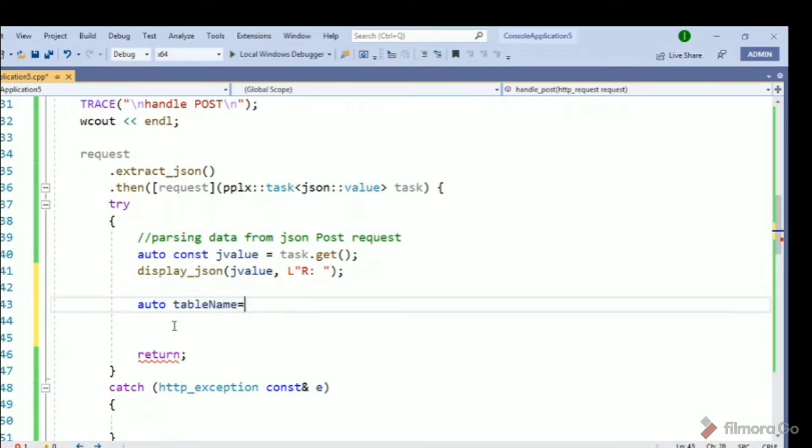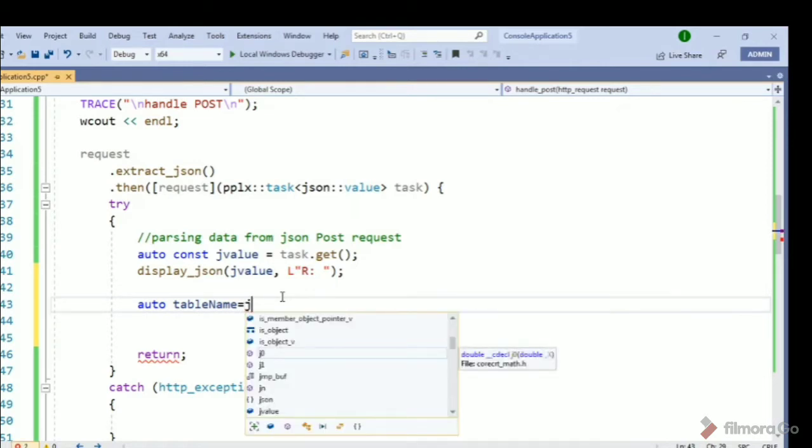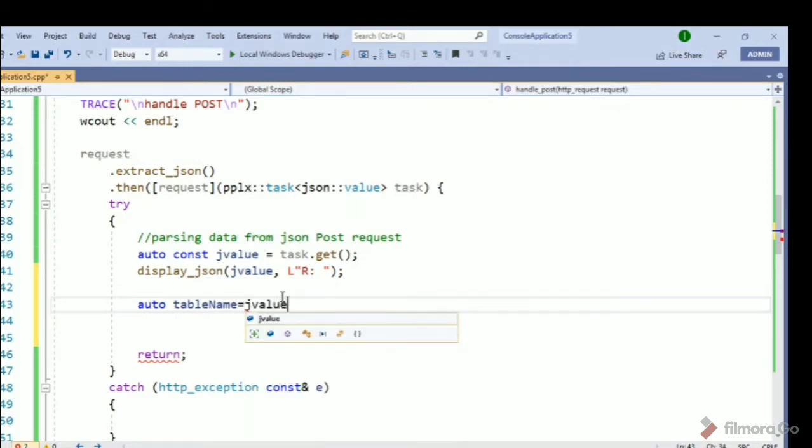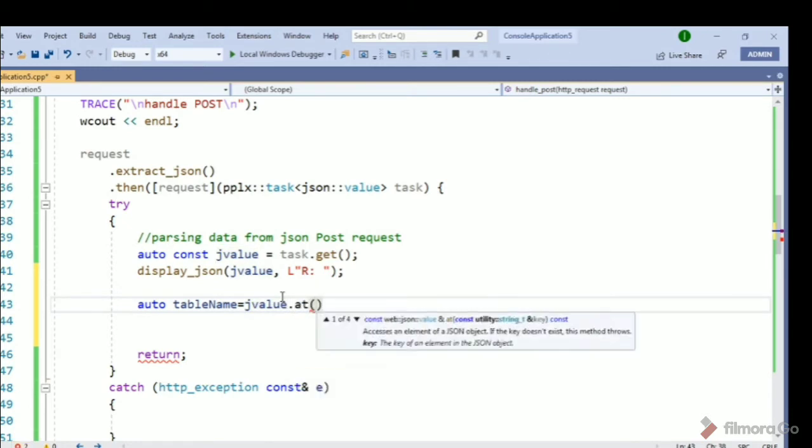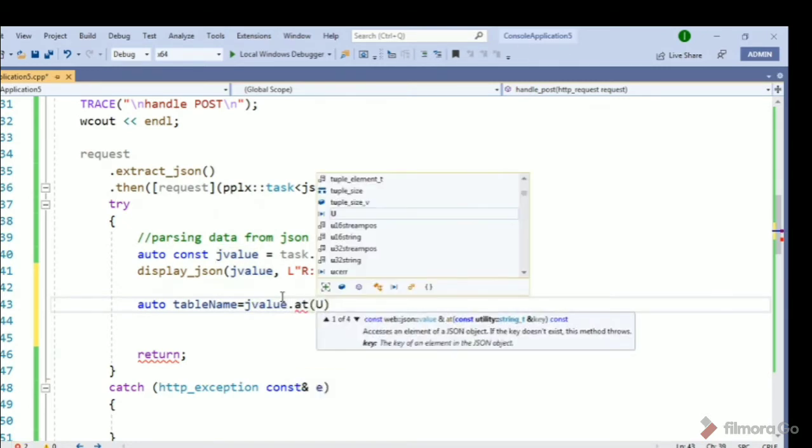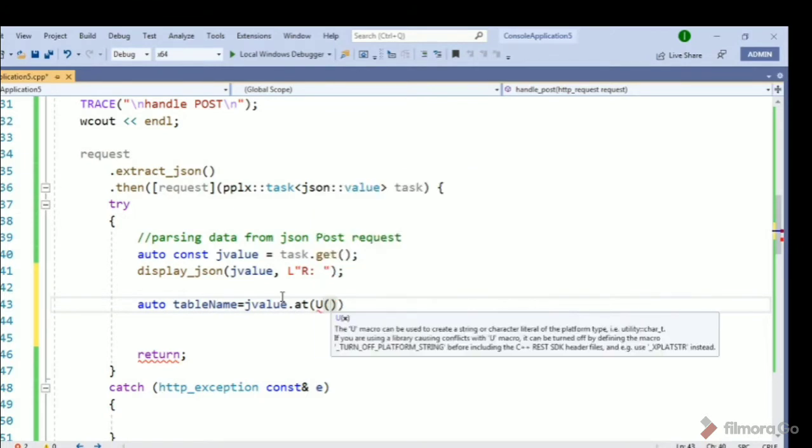Auto is a C++ keyword, so it automatically takes the return type of the variable from the value on the right side. We have the jvalue dot at function. We use U in Windows generally for the string_t type of variables.